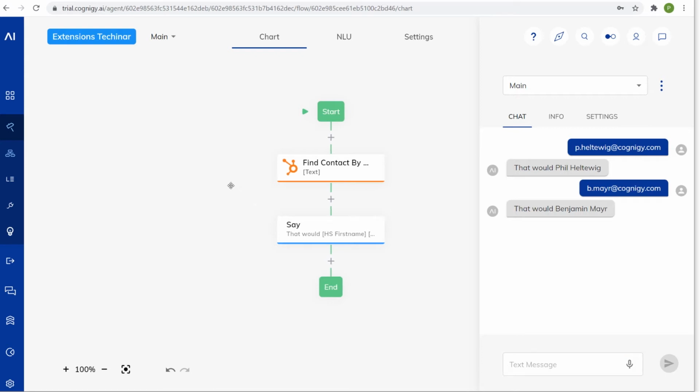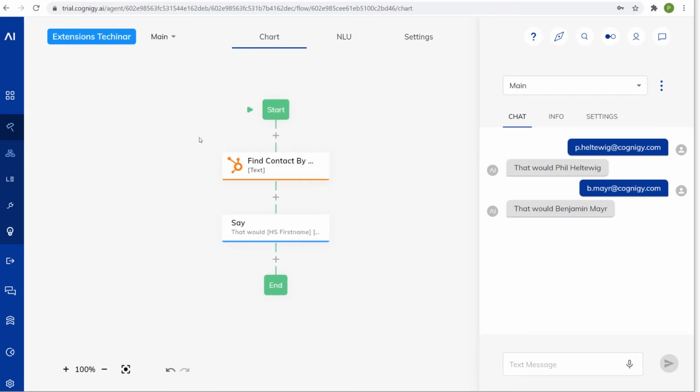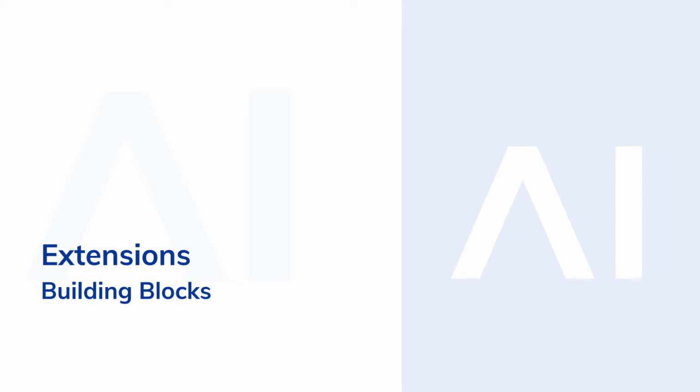What you can also see, it takes a second or two to execute the extension. That is because we're executing it in a secure context so that it does not impact the performance of the system as a whole. So it needs to be spun up, executed, and spun down. That's why there is a slight delay. Now that we've seen how we can find extensions on the Help Center, look at the source code, and upload them into Cognigy and use them in flows, let's take a look at how to build extensions.